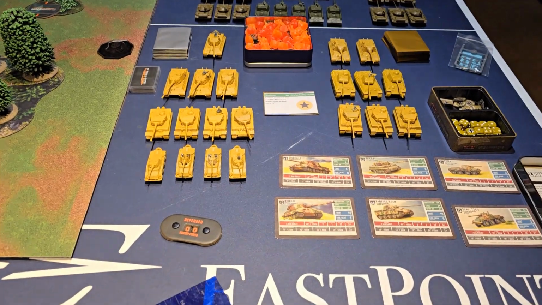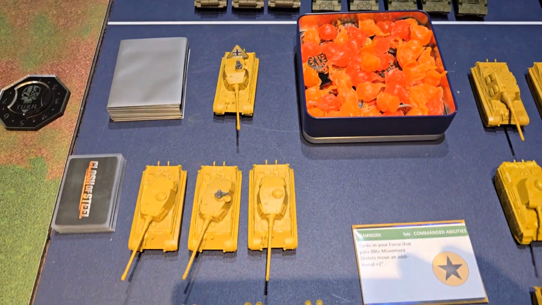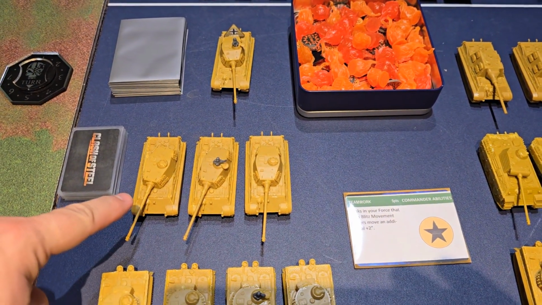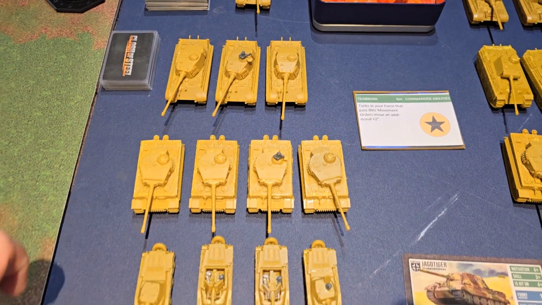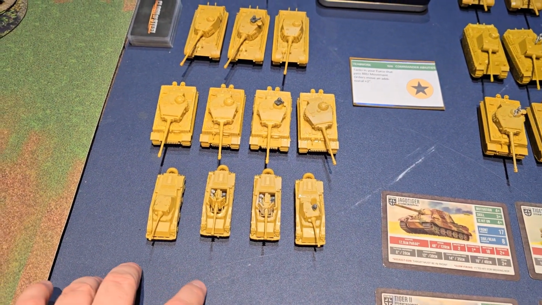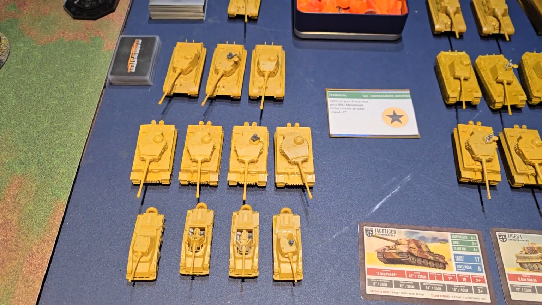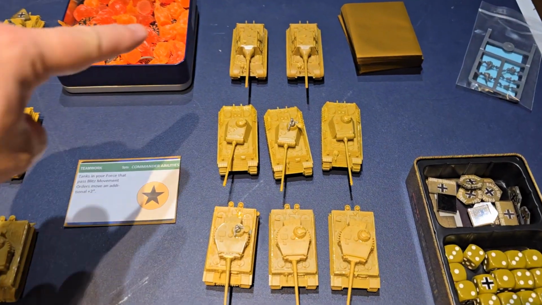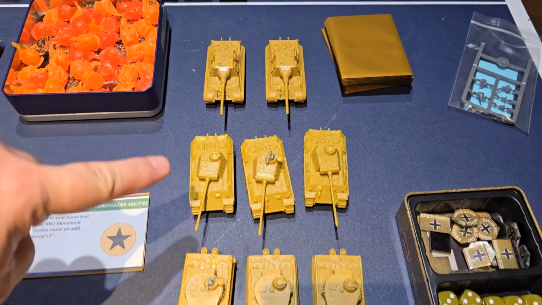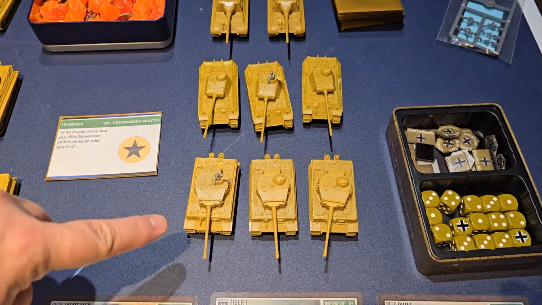Here is our German force. We are going to have a King Tiger HQ, a squad of 3 King Tigers, a squad of 4 Tiger 1s, a squad of Pumas and pack wagons. Because of the scattered reserves, this is what's going to be deployed on the table. And in reserve, we're going to have a squad of Jagdtigers, a squad of 3 Panthers, and a squad